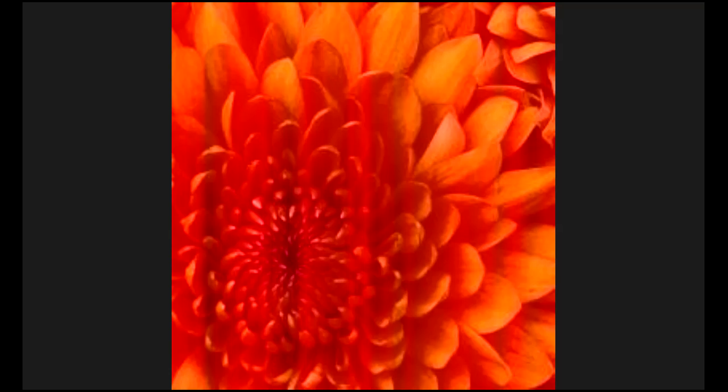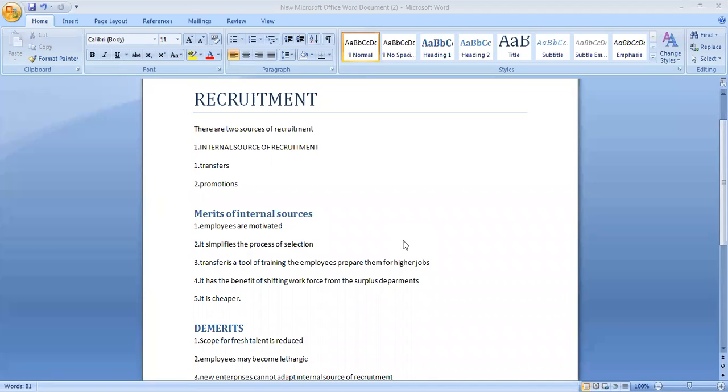As you know, recruitment is the process of searching for prospective employees and stimulating them to apply for jobs in an organization. You search for candidates who are really capable, who have the potential and are suitable to do a particular job. And you stimulate, induce and encourage them to come and apply for that particular job in the organization. This is what you call recruitment.